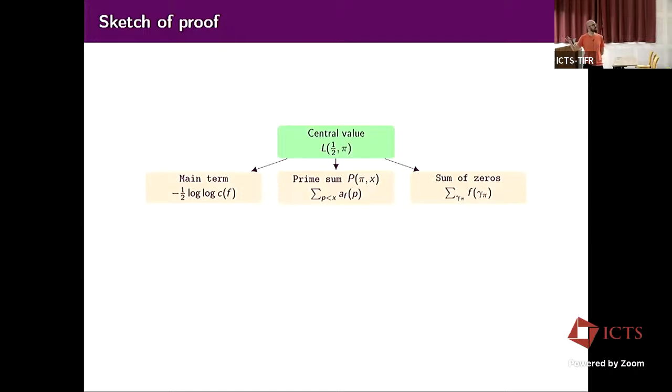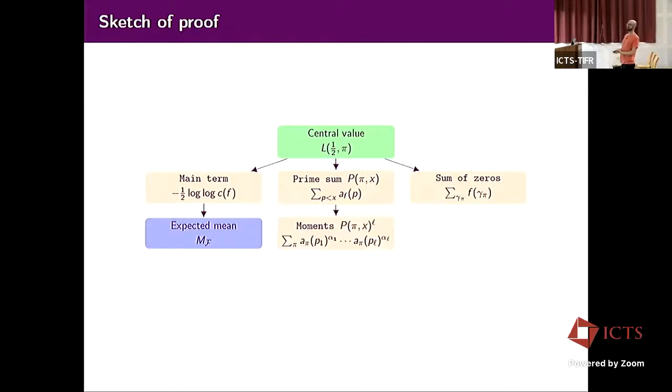So for now, we're reducing the problem to an even maybe harder problem. The one on the left, of course, is already what appears in the theorem. So we're pretty happy, we see the mean. Then the prime sum, the sum of coefficients, will be harder to study, and we'll study it via the moment method. So we'll understand how distributed they are by studying their powers, so their moments, and that will give us that indeed it follows a normal distribution and makes the variance appear.